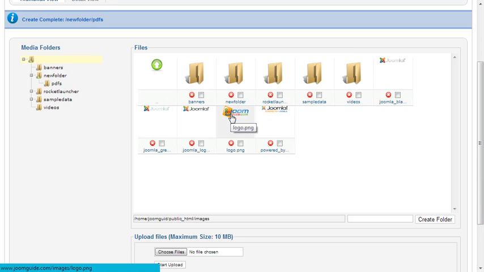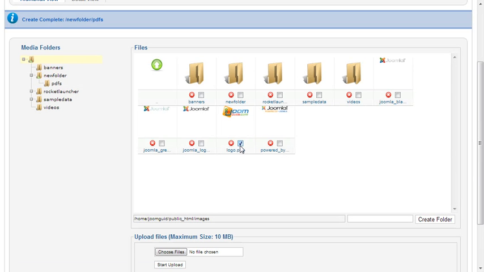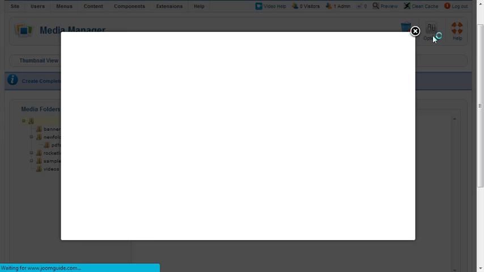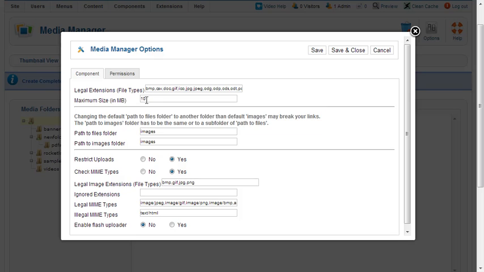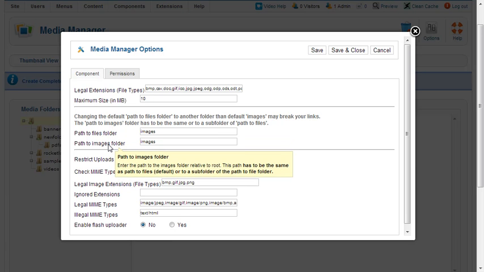When we click on an item that's in here, it'll give us a preview of it. We can select the item, and we can delete it by clicking the delete button here in the top right. We've got some options in the Media Manager. When we click on options, we've got some component settings here. We can change the max size for the upload. Look at the tooltips as they come up over each one that we roll over, and take a moment to read those, and it explains exactly what these do. We can change the default path to files folder to another folder. So default images,